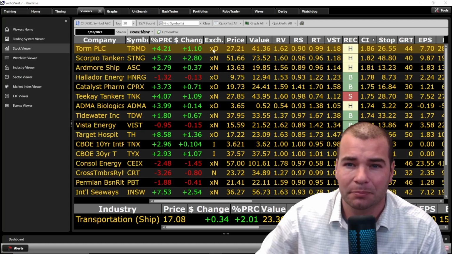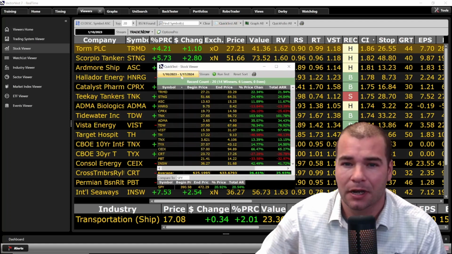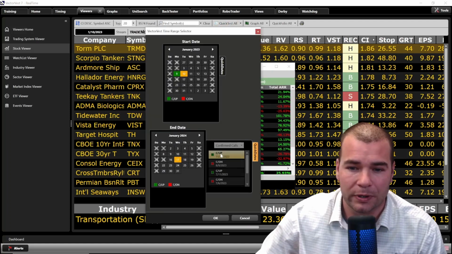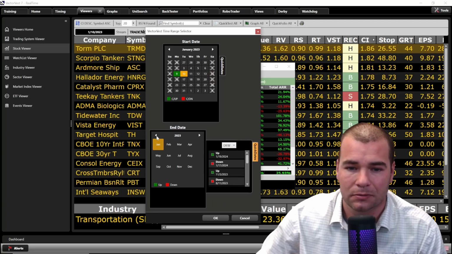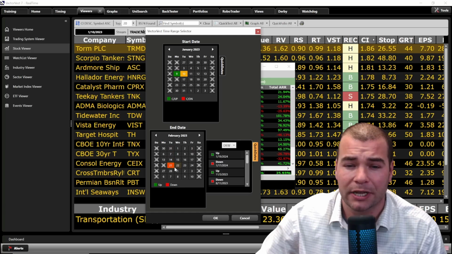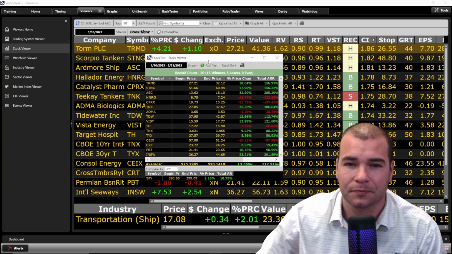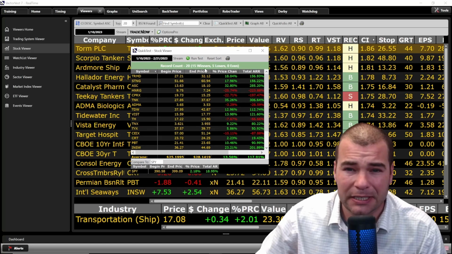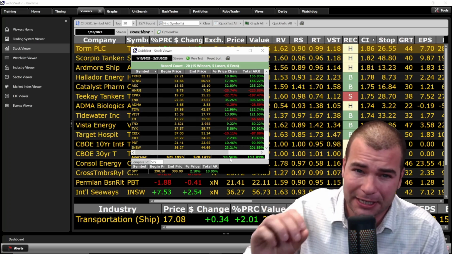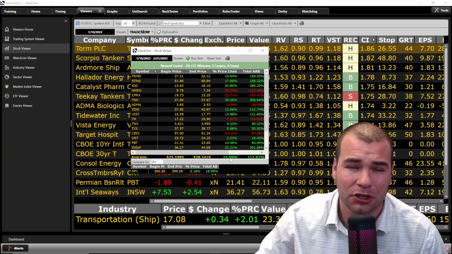So these are the stocks that appeared in the list. If I hit the quick test button, I will have to change the date here. If we use quick dates, you can see the DEW down signal was given on February 21st, 2023. So hit OK. We'll run the test here. And look at this. We've got 15 winners, 5 losers, on average 13% gain in just over a month's time